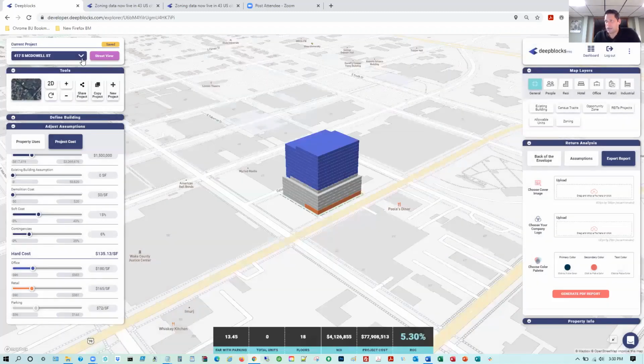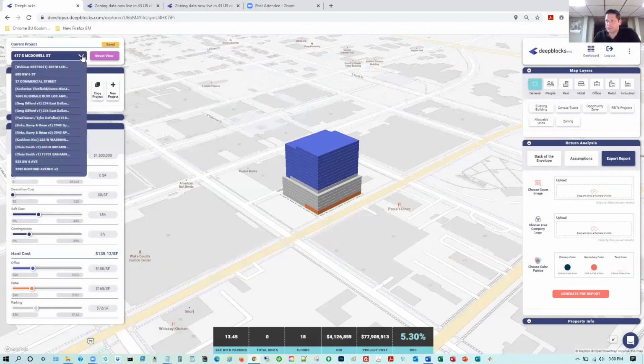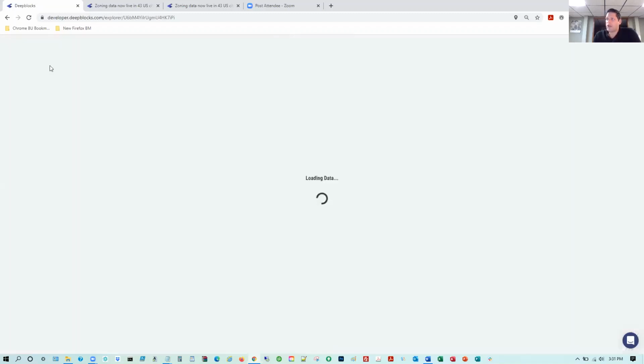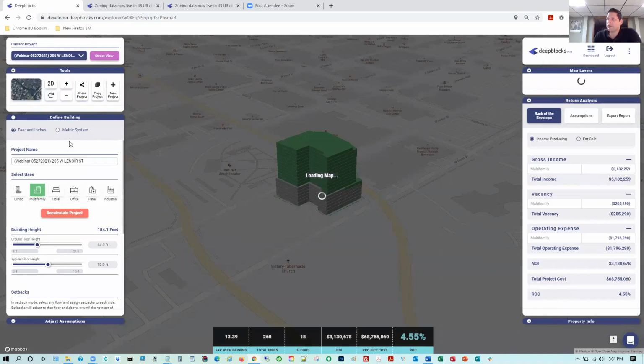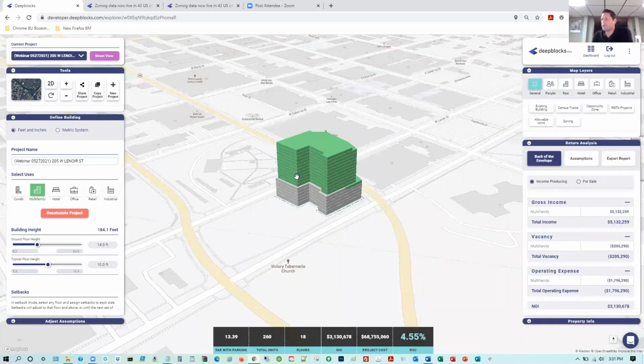And just to kind of show you quickly, I did this earlier. If I wanted to do the multifamily play on the other parcel that was on the southern part of my screen, I would have selected that parcel. We would have done a preliminary underwriting for multifamily. So this was literally just south of the one parcel we were just evaluating. So this is just another play, another way of evaluating development potential.